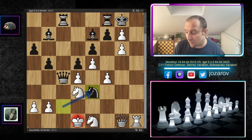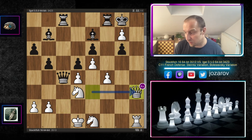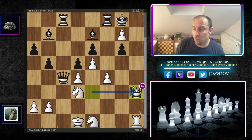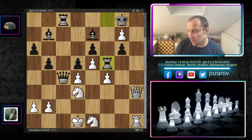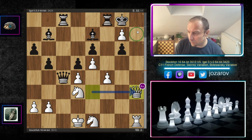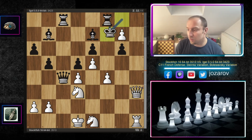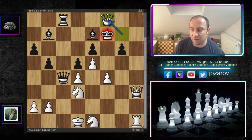We have h takes g7, knight to e3, queen to e3, and after f takes g6 the move queen to h3 was played by Stockfish 16, and in this particular position the Igel engine resigns. So what's the issue? Of course, if you step back, then you get checkmated on h8. Then we can play queen to h7 and then promote to a new queen on g8. Even if you try to escape with king to f7,